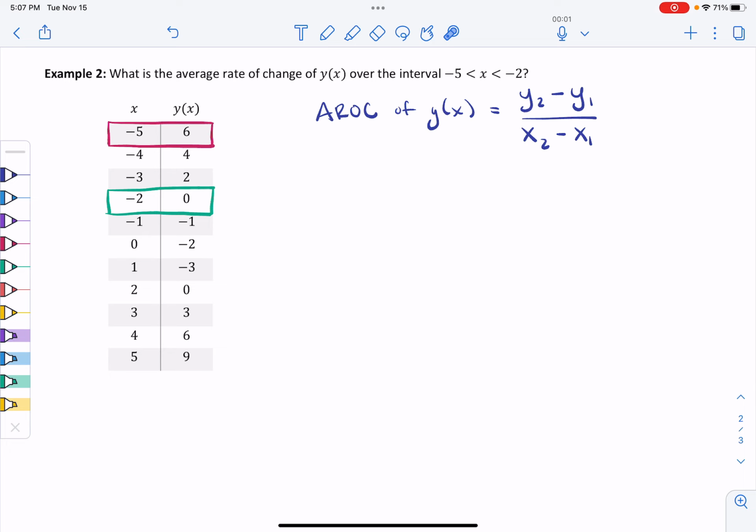Now, traditionally, we do take the second one and subtract the first one from it, but if you do it the other way around, it will still work. You just need to do it in the same order. So these two should come from the same ordered pair, and these two should come from the same ordered pair. All right. So this means that we have,